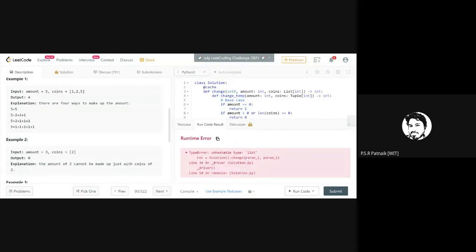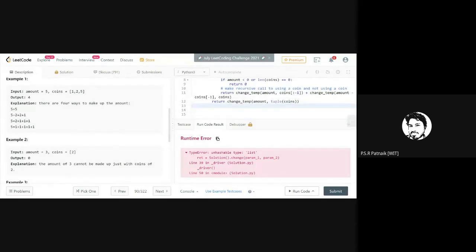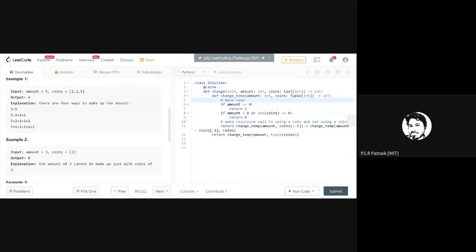It says unhashable. What is wrong here? It is giving an error at line number 39 in the driver. Okay, somewhere here in the driver.